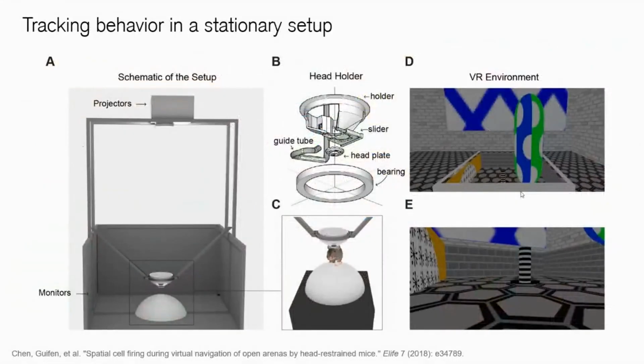And if you want to get really fancy, there are almost off-the-shelf systems for VR for mice. So here's an animal on a ball, from a paper published by Guifan Chen, where the animal's running on the ball and you're tracking its motion. It's head-mounted to a confocal imaging rig, and at the same time, a projector is shining this arena in front of the animal. And depending on however the ball moves, you can actually orient the screen. So the animal thinks it's running through virtual reality. And people are using this for decision-making paradigms, spatial tasks, things like that, if you want to get really fancy.